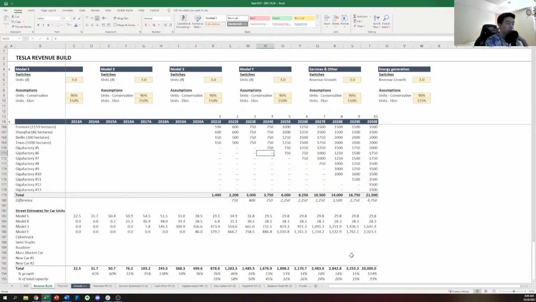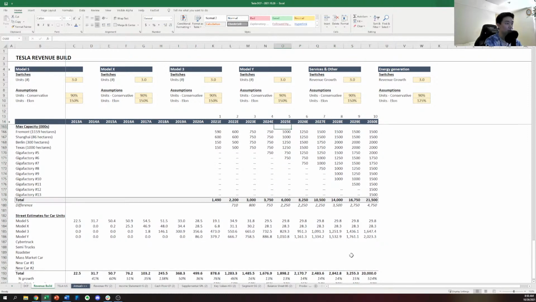Yeah, this is tricky. Oh man, okay, I'm going to have to revisit these assumptions. I'm going to massage the numbers to basically have them grow,